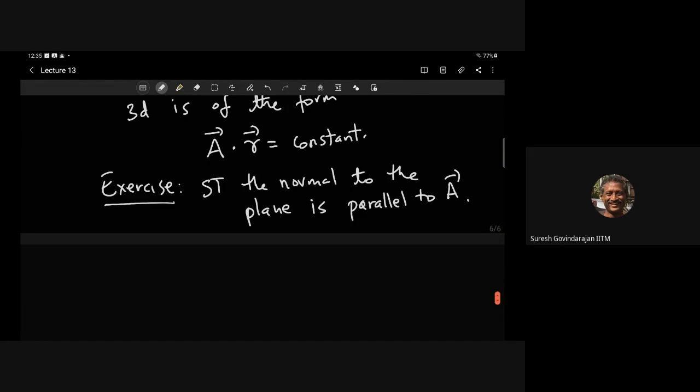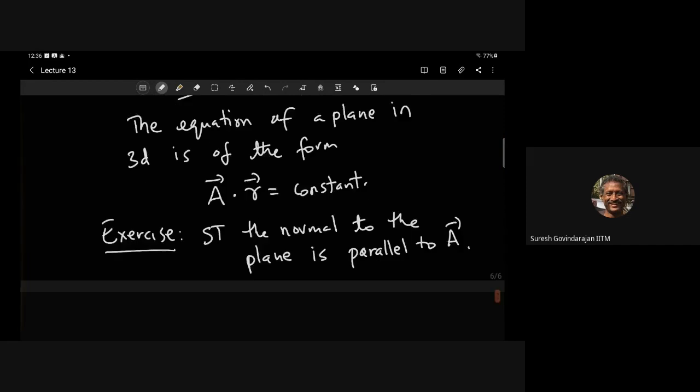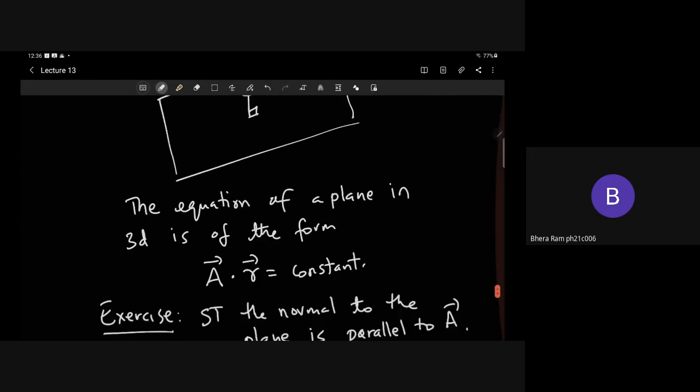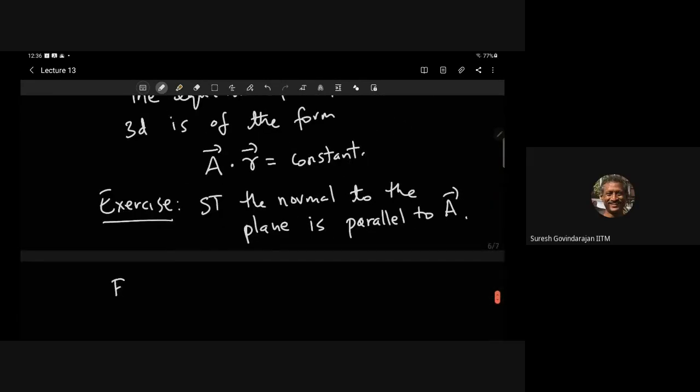Now what can we say about the equation for the plane that we had? What should be the equation for this plane? L dot R is equal to a constant. Okay, so for our example,